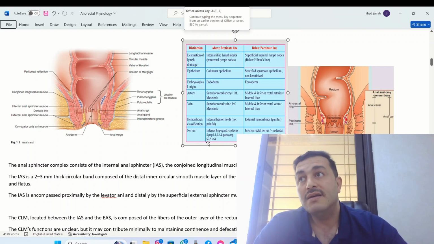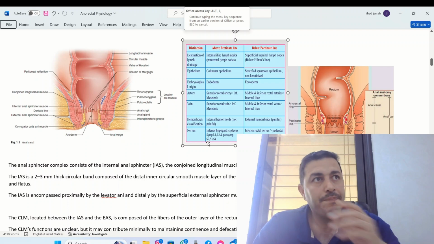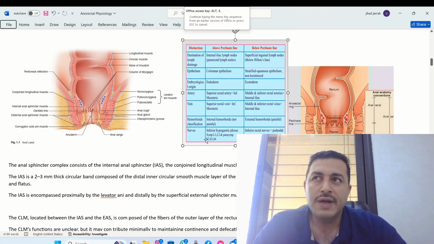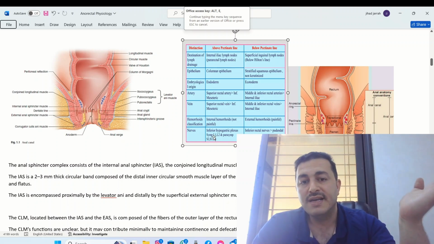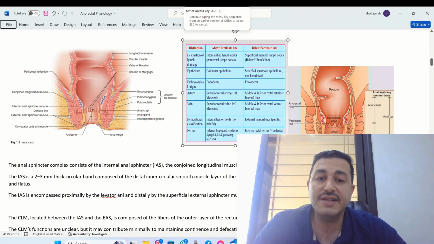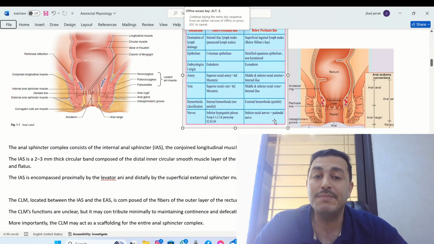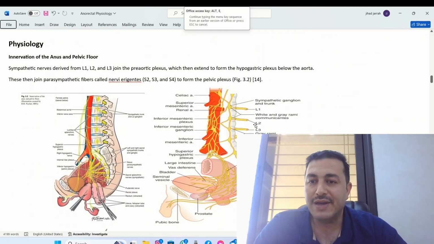Parasympathetic, we call it the pelvic plexuses or nervi irrigantes. We will talk about it. It originates from S2 to S4. So briefly, above the dentate line it is sympathetic and parasympathetic; below the dentate line it is somatic through the pudendal nerve. Okay,